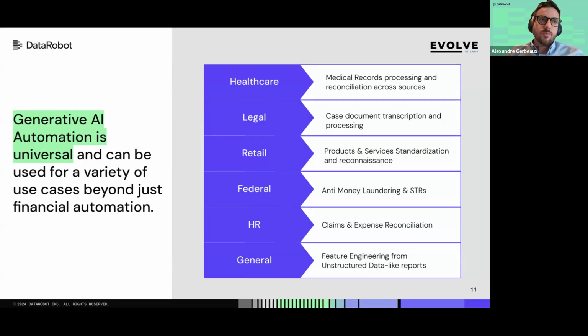Probably the most interesting part is on the federal and banking side with the anti-money laundering use case, where we see generative AI not being used by itself, but complementing predictive AI and machine learning. For banks, what they care about in the anti-money laundering process is being able to raise a case for the investigator to review, a suspicious case. Typically this solution will use a machine learning model that will score a case and raise a flag if it's highly suspicious.